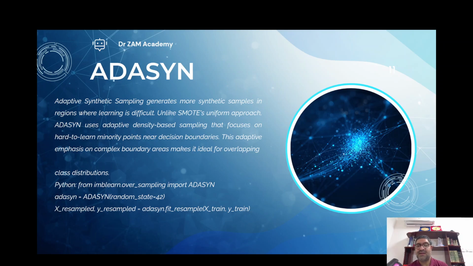There is one very good example shown in Python, which will show the practical aspects of adaptive synthetic sampling, in what scenarios or conditions we can utilize this, and how it is proving to be fruitful. So coming to adaptive synthetic sampling, it generates more synthetic samples in regions where